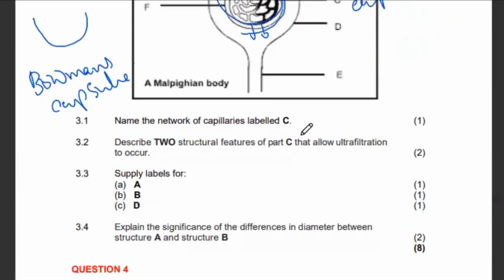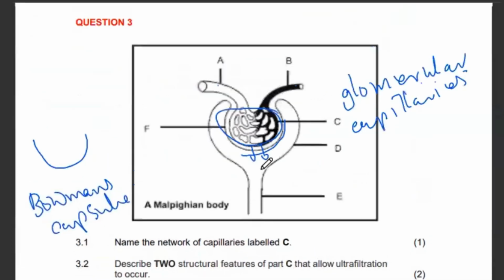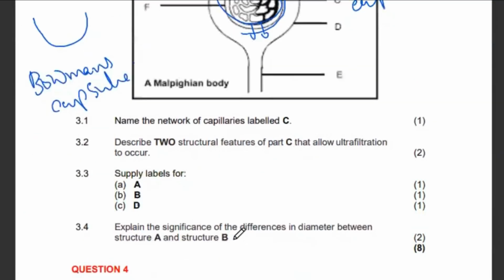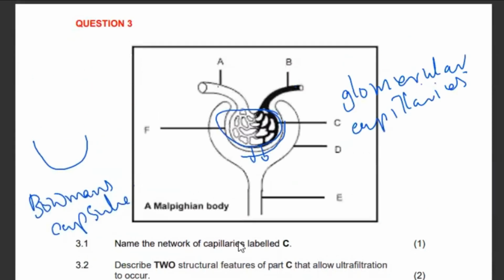And then we go to the next question: explain the significance of the difference in the diameter between structure A and structure B. The structure difference here is basically about the diameter. If you look at it here, this is big enough and then this is small. So more blood will come in and less will be going out, and this will create a pressure difference. And the moment the pressure difference is created,